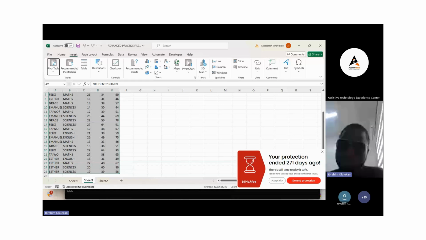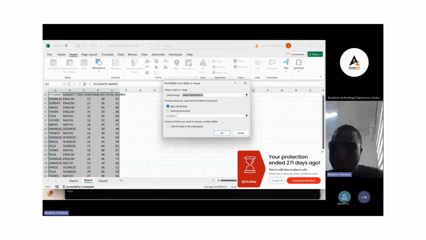Pivot table from table or range dialog. Select a table or range. Choose where you want the pivot table to be placed. Choose whether you want to analyze multiple tables. Select a table or range grouping. Table/range edit Alt plus T blank. So this one is saying, when you hit the enter key, it gives you a blank, it asks you